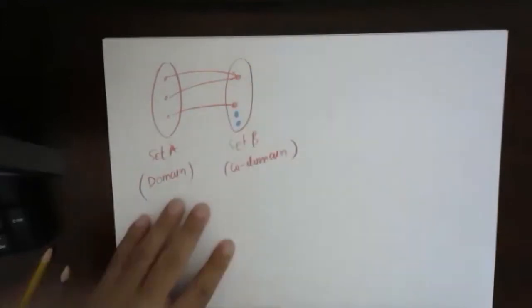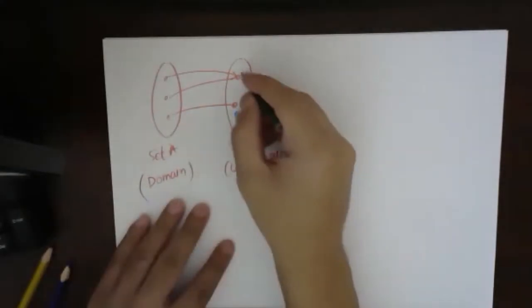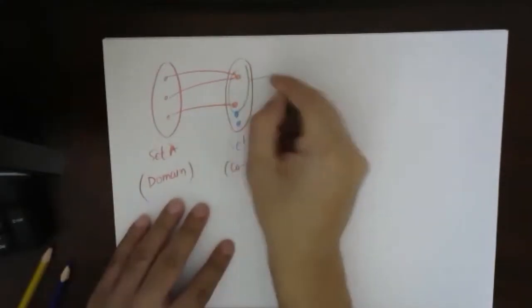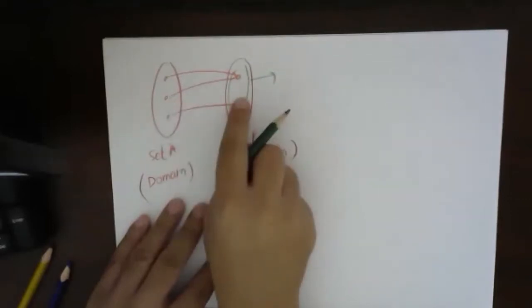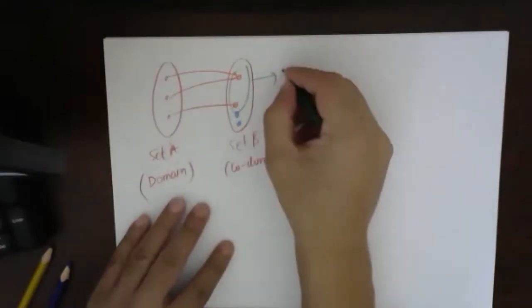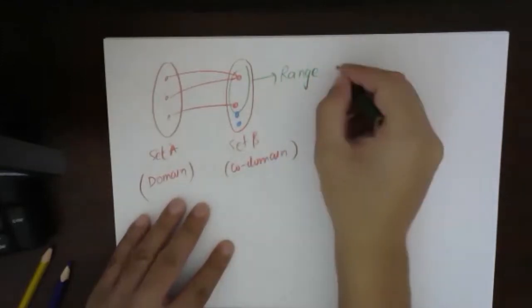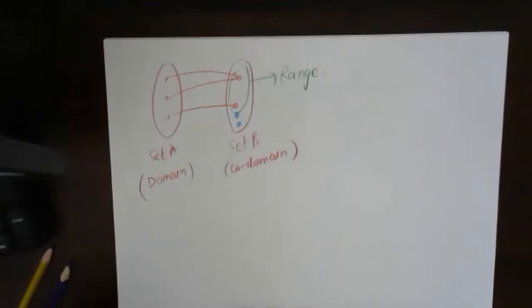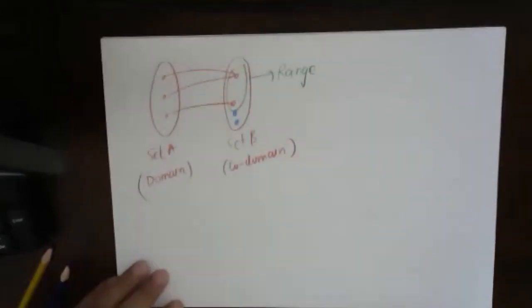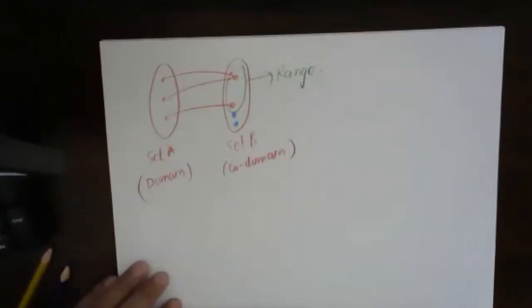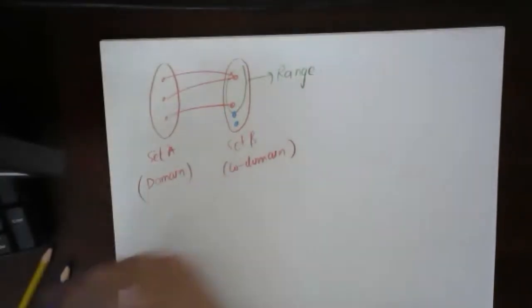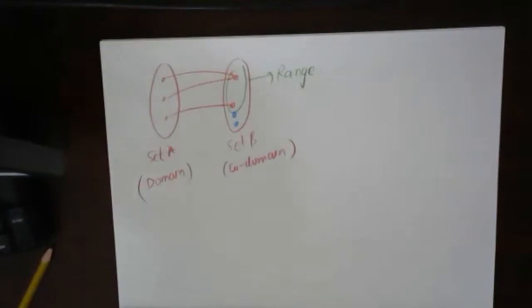The part of the codomain which has a preimage is known as the range. Fine. So this is the domain and codomain. Basically, domain is all those values of x which the function, or the particular given mapping, can take. Let's see if we can find the domain of the following functions.